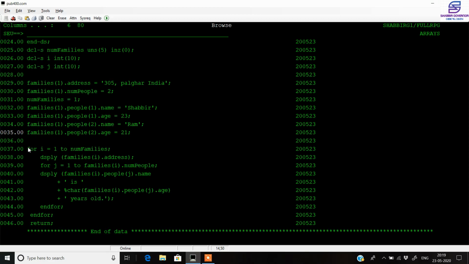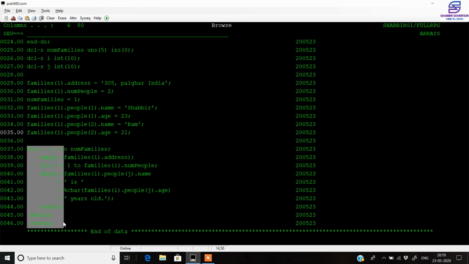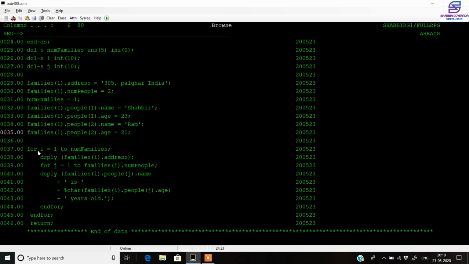To view that inside our console output, we wrote two for loops, that is the ith loop and the jth loop. The ith loop dealt with the outer data structure and its attribute, so we displayed the family's address here, and the jth loop dealt with the inner data structure, printed the name of the family member as well as the age of all the family members.